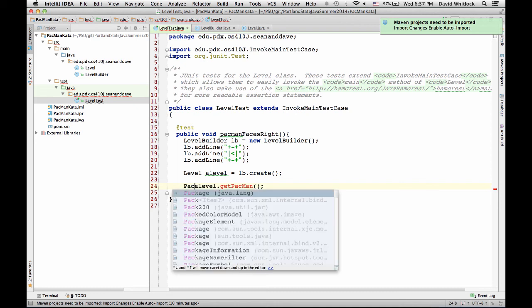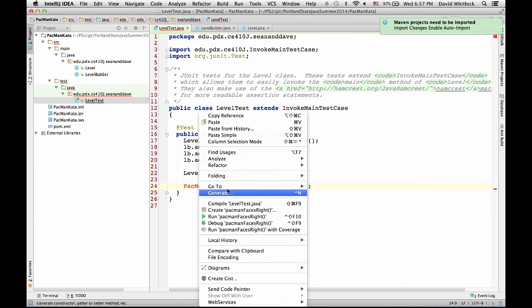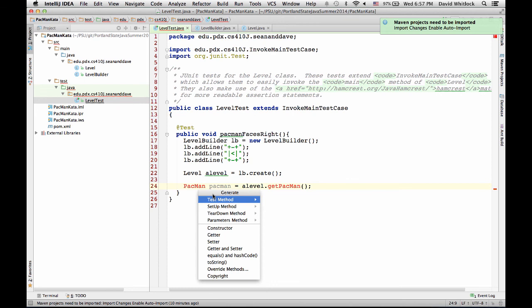Yeah, no, I think it's nice. Let's create that Pac-Man class first. You try generating. I'm just curious what happens. It's usually like generating. Nah, it doesn't really.